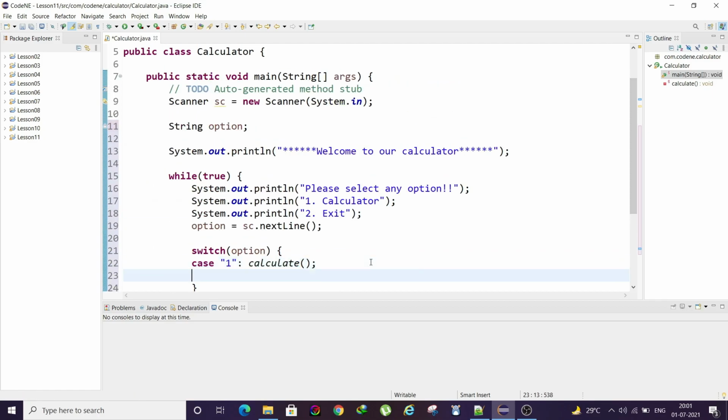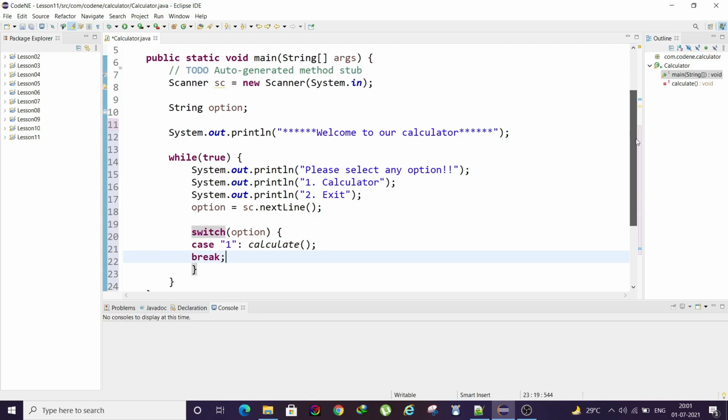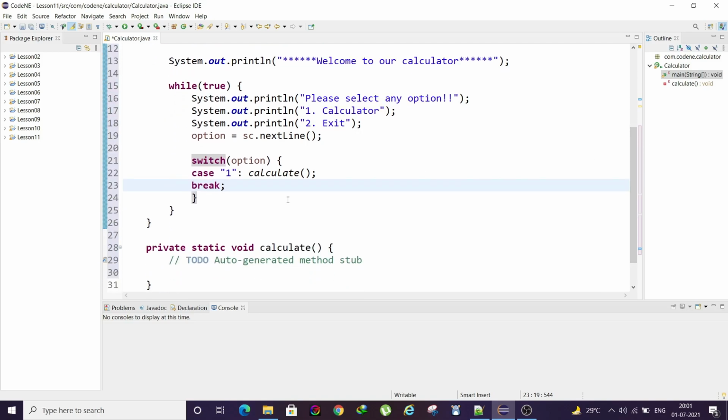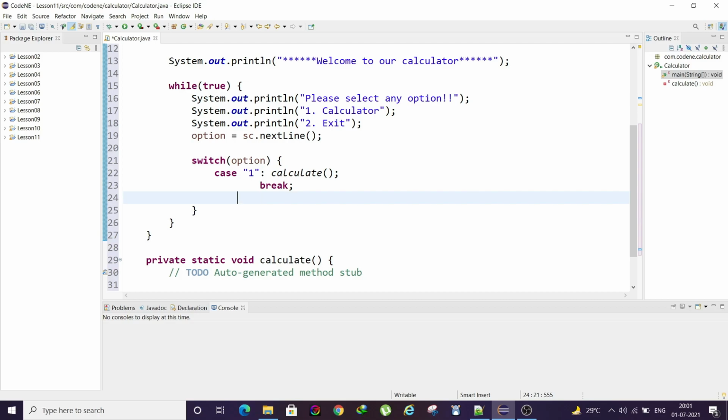Okay, so as I told you, in case of switch, once one case is satisfied, it will keep on transferring the instruction to the next case. So to break it, we have to use this break keyword. After this, for case 2, we will print something like "Thank you for using our calculator."